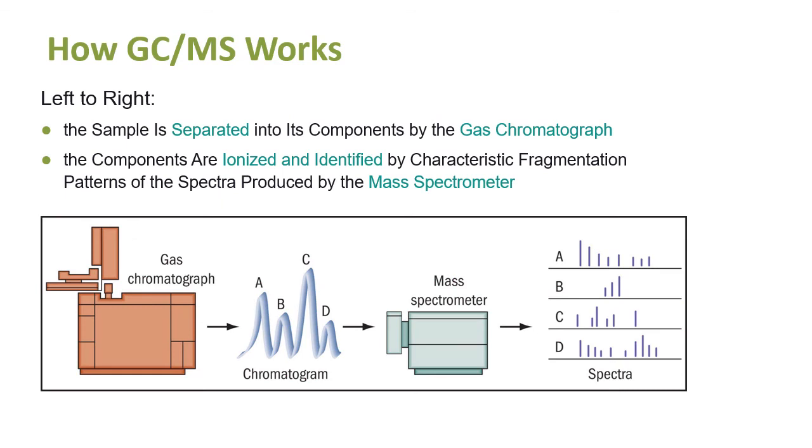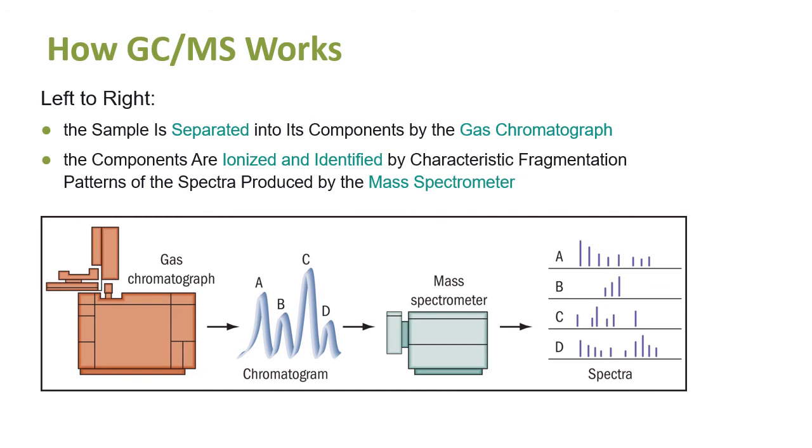So again, we see what my spectra look like. I end up having many different spectra. A might be an early spectrum for the first component, B would be the second component that comes out, C. So I end up with a sort of three-dimensional, time-based picture. A, B, C, D would be all at different times, and for each time I get a different mass spectrum